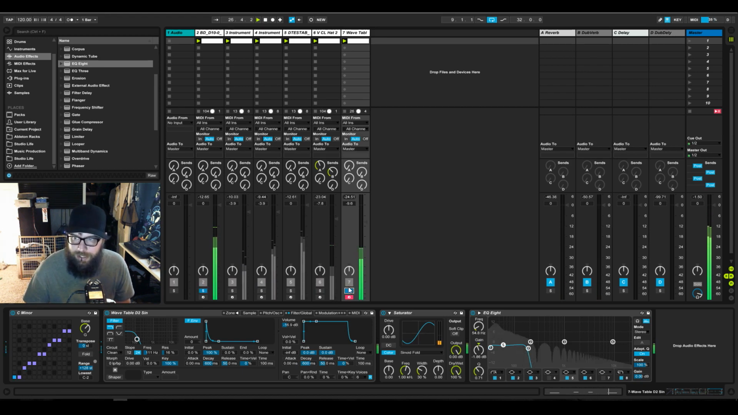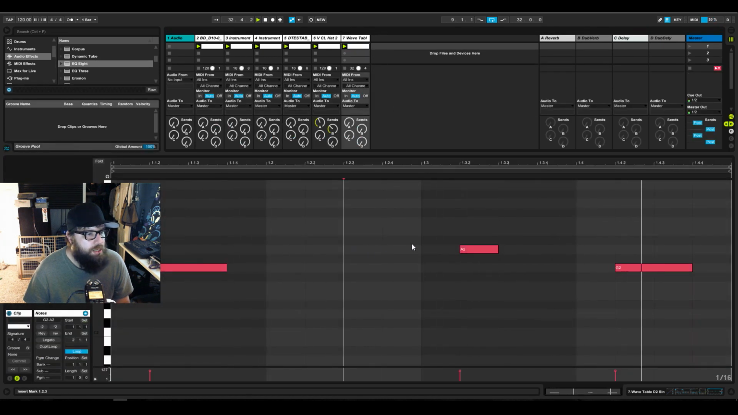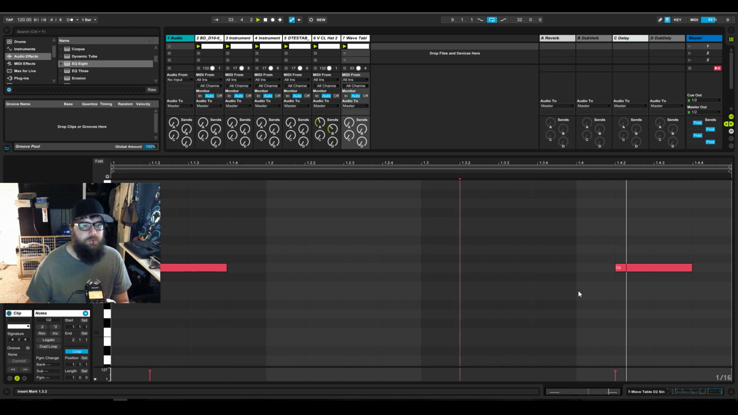Have a hard time trying to figure this out. Like, I want the bass to be groovy. But I don't want it to be like too bouncy for something like this. I just want like